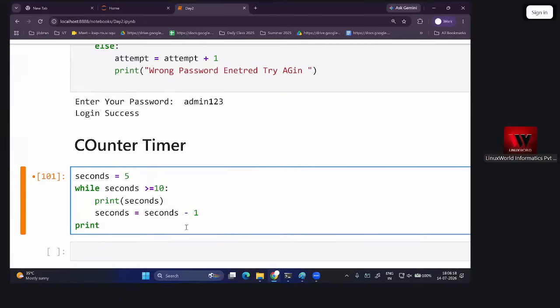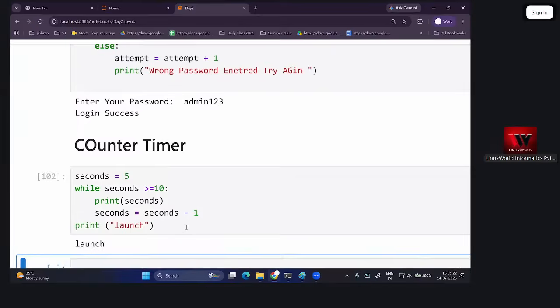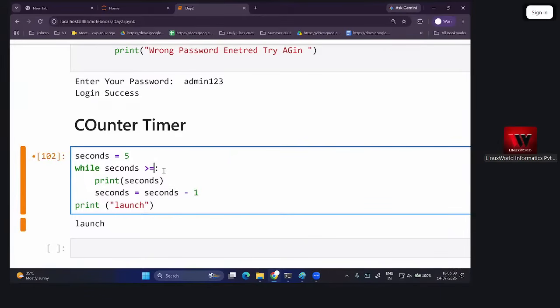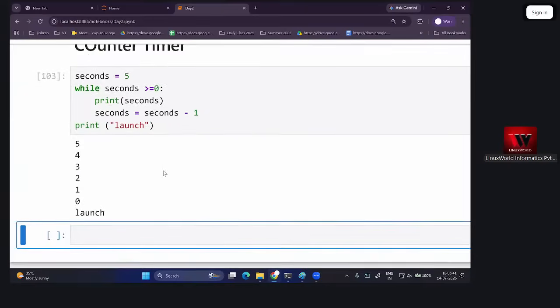Seconds minus 1, maybe we can print launch, something like this. So what is happening? Launch is happening, so the while loop is not running. One minute, while seconds is greater than, sorry, not greater than or equal to 10, make it 0. This is 5, so it is not greater than 10. If it is greater than or equal to 0, right? By chance, we were reversing 10, so we make it 5, 5, 4, 3, 2,